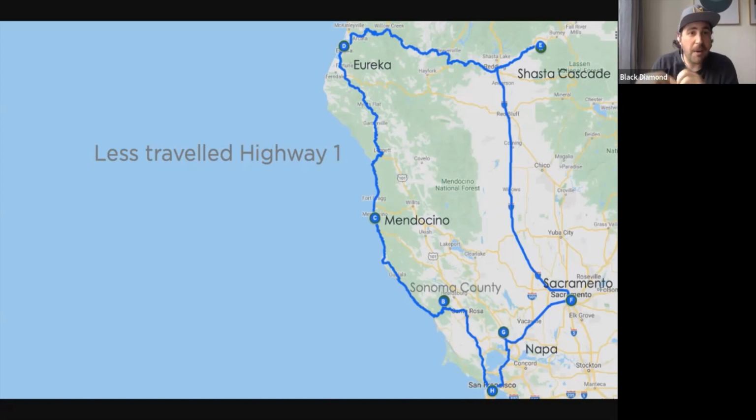But from Sonoma County, from that kind of area, then we're going to keep continuing heading north on Highway 1. Mendocino tends to be next stop point. Again, Mendocino really cool. Up to Eureka. You go to Eureka because that's where your Redwoods National Park is. You could keep going up to Crescent City, but we tend to find Eureka a little bit more going on. And then from there, my loop cuts into Shasta, down to Sacramento, through Napa, back to San Francisco.